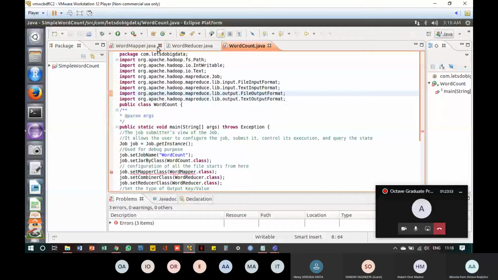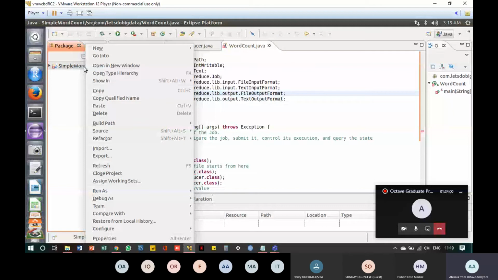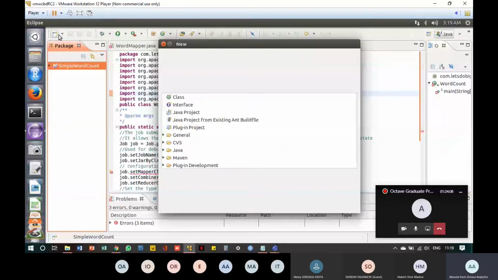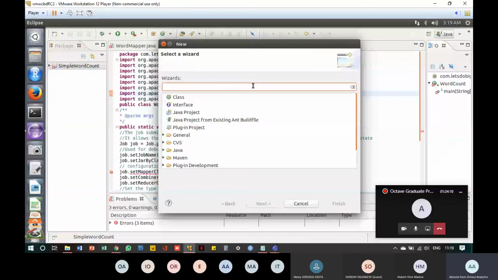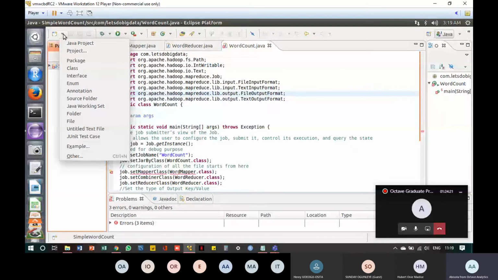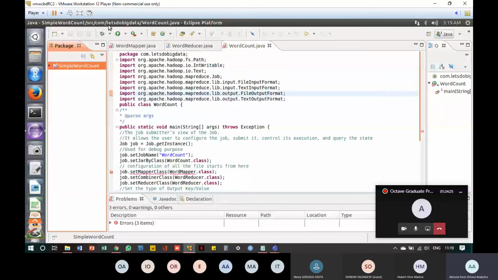So, or best to, let me just remove this. I don't want to delete this. Okay.